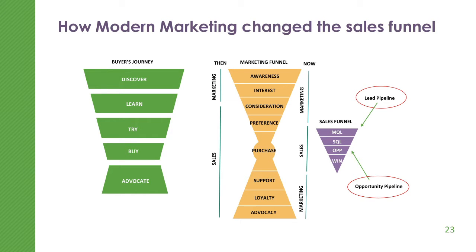Now, talking through how modern marketing has changed the sales funnel, there is a lead pipeline and an opportunity pipeline within the sales funnel. So you may be feeding your sales team with marketing qualified leads. Now, your marketing operations team is going to measure both of these things. So we're talking KPIs, key performance indicators, the metrics that you're reporting on. The pipeline is the number of leads you're handing over. You got 1,000 leads this last quarter. You're able to say, we generated 1,000 new leads. Then there's the money associated with it, which is those 1,000 new leads represent $2.5 million in potential opportunity for the company.